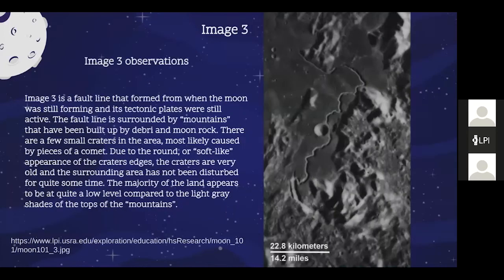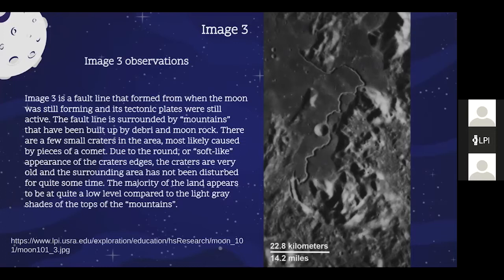And then for image three, I actually really like this picture. It was very pleasing to see. So image three is a fault line that formed from when the moon was still forming. That's what I'm going to guess, based off of how rocky the area is, and also the clear fault line, just how clear and easy to observe that fault line is. I'm guessing it's one of the major fault lines of like if there had been any tectonic plates. And it's surrounded by mountains, which I'm assuming are just debris and moon rock piled on top